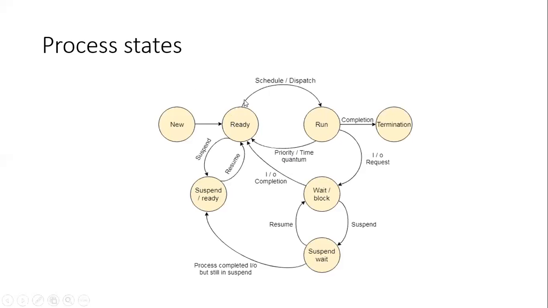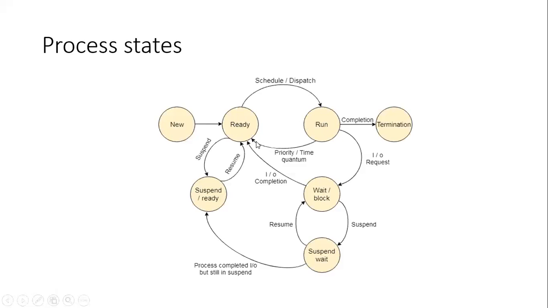Suppose one process arrives over here. It will be executed for a fixed period of time, say 2 or 3 seconds. For 3 seconds one process is executed, and once the time expires, it is shifted to the ready queue once again. Then the second process comes, is executed for 3 seconds, and once time is expired, it is shifted to the ready queue again. In this way it will be executed. This is very important, and it is handled by the short term scheduler.